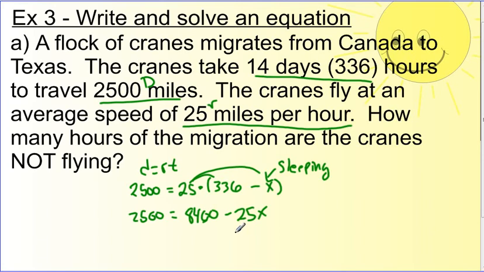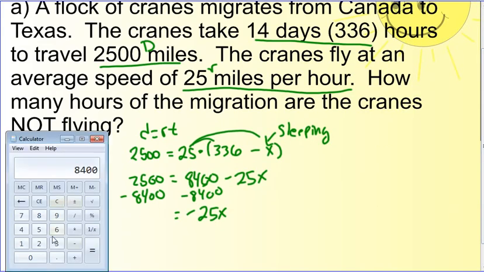Alright, and then we just solve this thing. So we're going to subtract 8400 from both sides. We get negative 25x, and 2500 minus 8400 equals